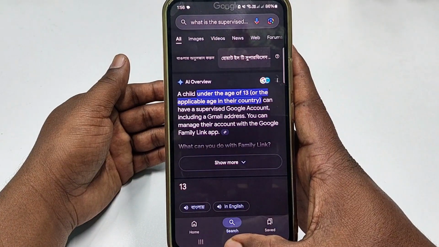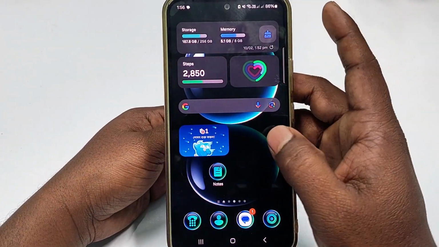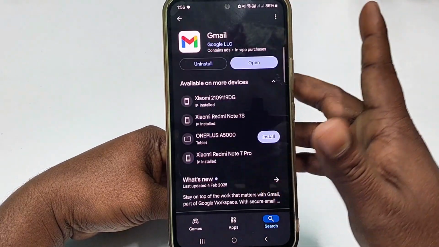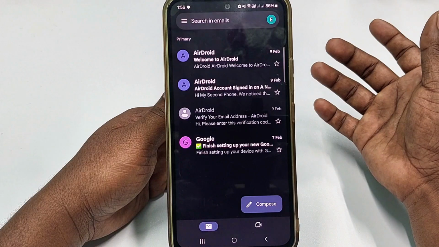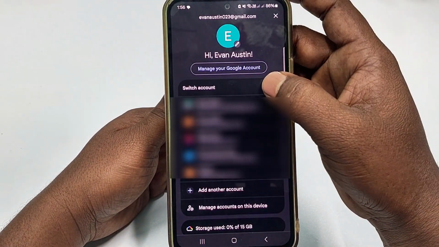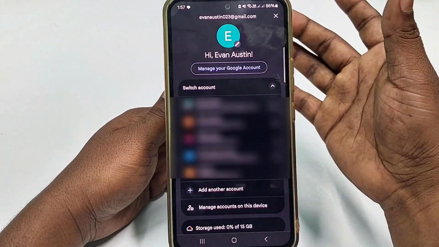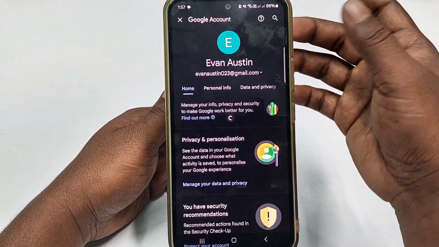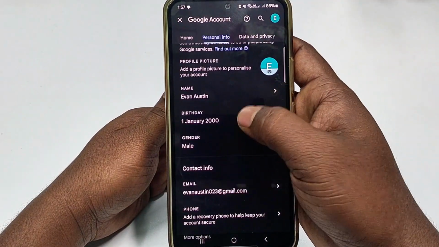So let me actually show you how you can change your date of birth in your Google account. First of all, you'll need to go to Play Store and make sure your Gmail application is already up to date. So after updating it, just click the open option and then click your profile icon, then choose that account, and if you don't find it, then select the arrow sign and you will find that Gmail account, okay? So after that, just click manage your Google account, then click personal info, then scroll down, then click birthday,